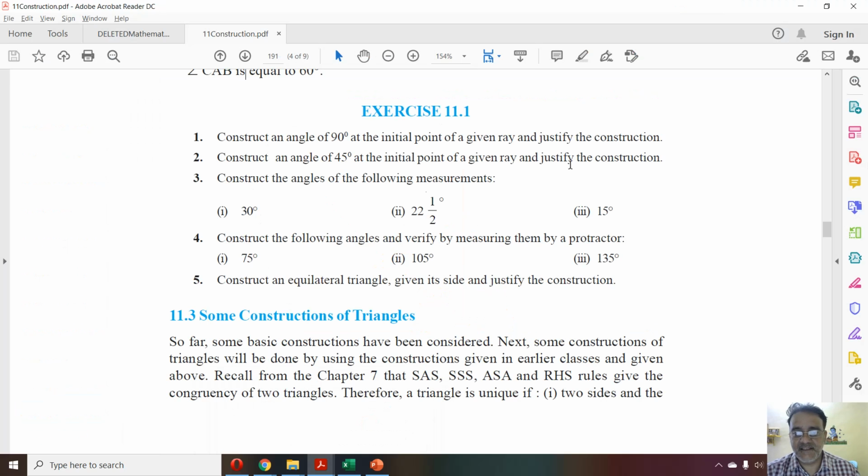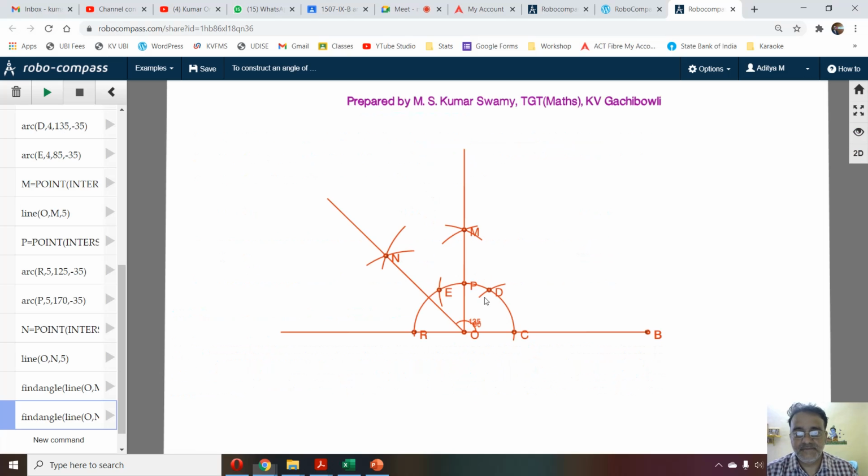Equilateral triangle is very easy. How to draw it? Given its side, when three sides are given, what will we do? Already this type of construction you have completed in class 7th, construction of triangle when three sides are given. Okay, or you can do it with the help of 60 degree also. Draw one side, then draw 60 degree at both ends, and both will intersect at point A. Okay,